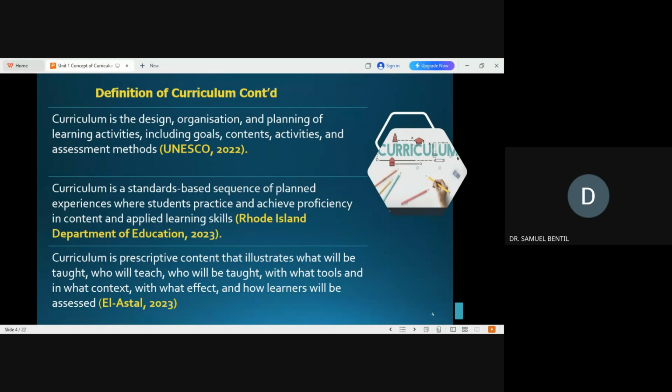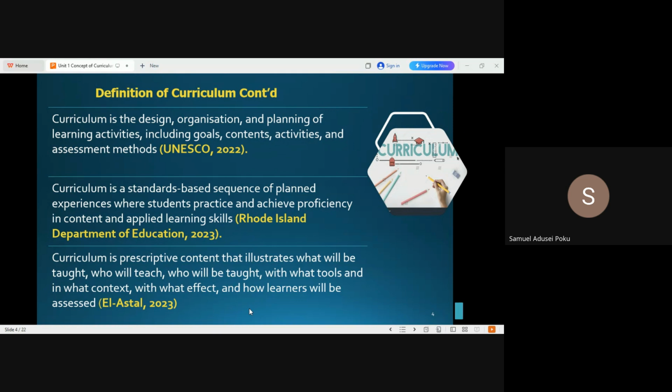Okay, now I'm sure you have heard the words curriculum and syllabus. Now we even don't say syllabus, we say teacher's manual. Teacher's manual, but it's just the same as the syllabus. Then we have the curriculum. I would like to find out what is the difference between curriculum and syllabus or teacher's manual. What's the difference between them? Are they the same? If they are the same, say they are the same. If they are not the same, you provide your reason.